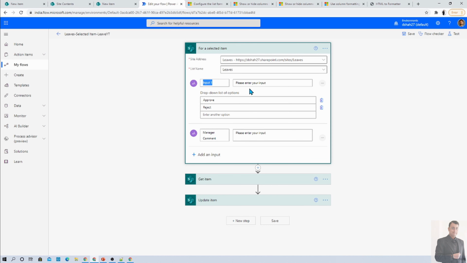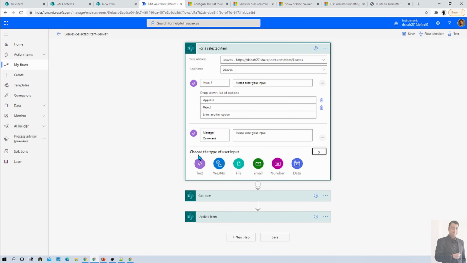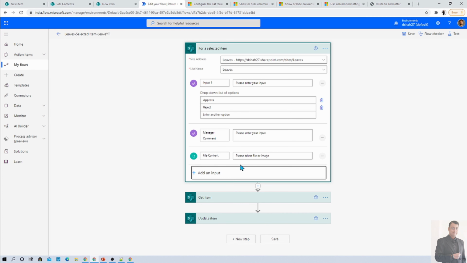Then in input, we need to provide enter your input, and we just need to provide two choices. So basically, when you add this particular input, you have an option for a drop down that has approve and reject, and then manager comment as a single line of text. You can choose different options from here, whether you wanted to add choices or you wanted to accept the entire user input. So based on your requirement, you can choose anything. Just click on add input, select your input type from here. Let's say if I wanted to accept a file, let's select file, and it will accept the file from the end user, right?